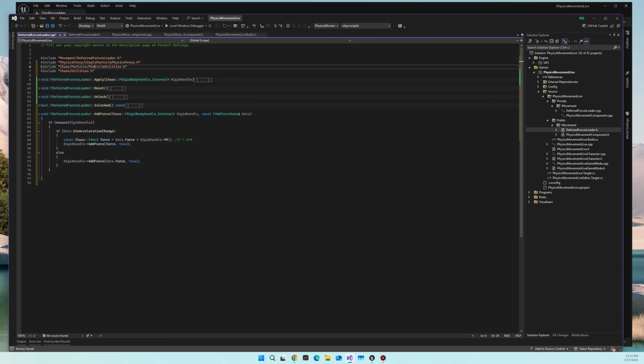So that satisfies the argument. What we're going to be using as far as includes is the physics proxy, single particle physics proxy.h. We're also going to be using the chaos particle utilities.h, as well as the chaos utilities to help manage our physics system. All right, so now that we've got those includes up there,